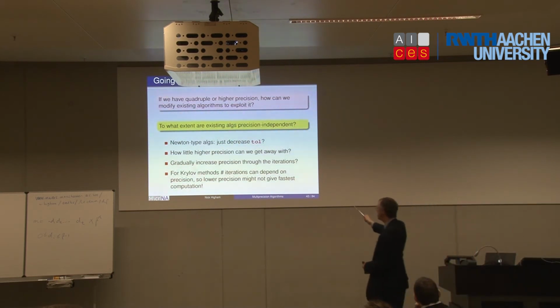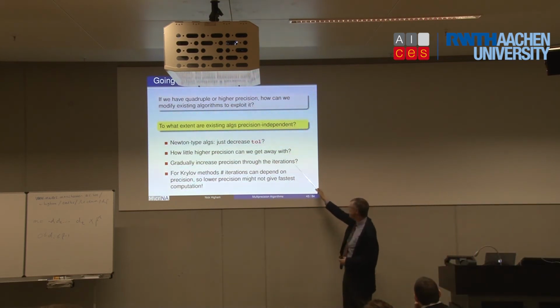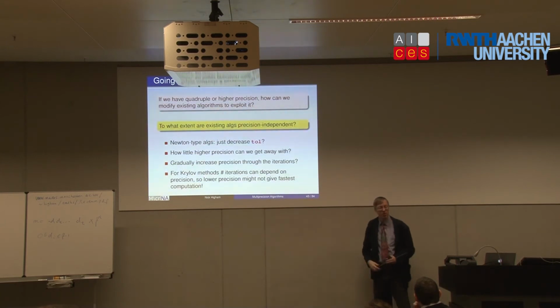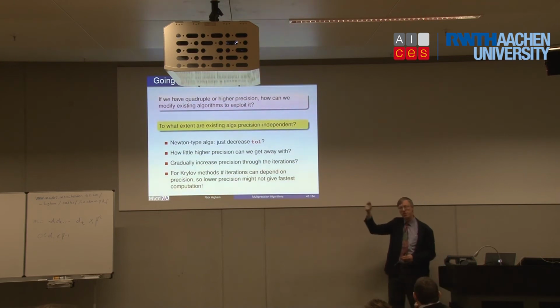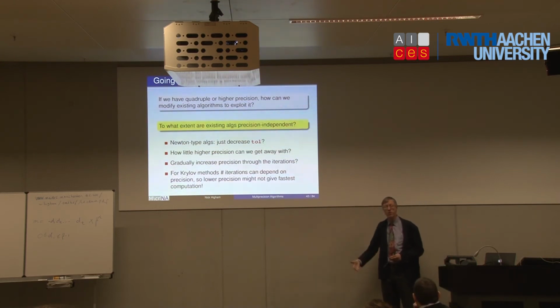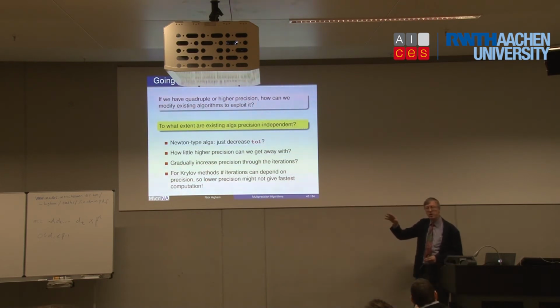An obvious idea, and this applies to Newton iterations, is to gradually increase the precision. Initially the error is quite large in a Newton-type iteration. With quadratic convergence, the error goes 10 to the minus 1, 10 to the minus 2, 10 to the minus 4, and so on, ideally. There's no point computing the first iterations in 32 digits. You can do it in a lower precision and gradually increase the precision as you go along through the iteration. So that's a fairly obvious idea that could be applied.